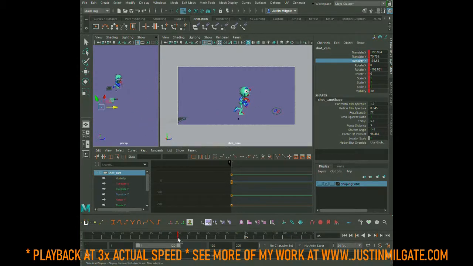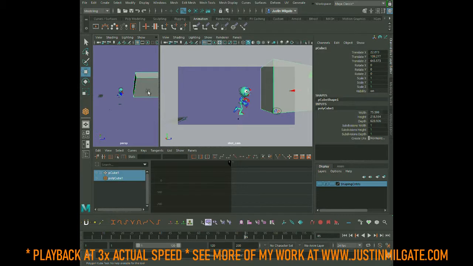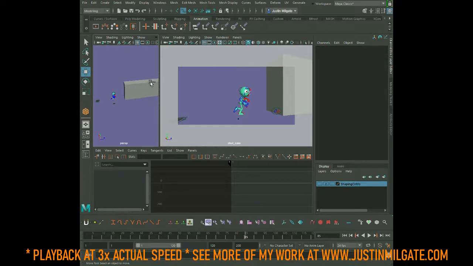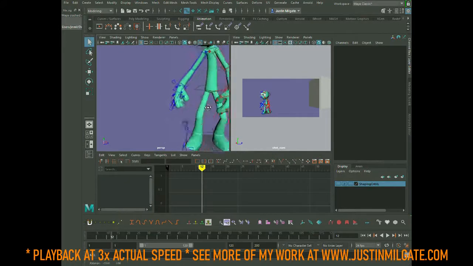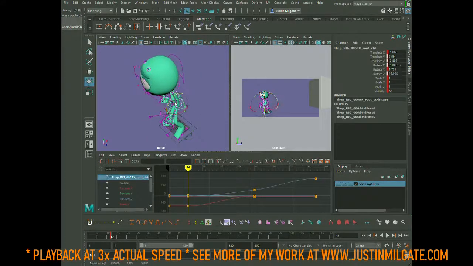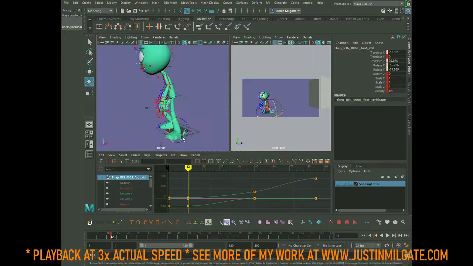Off screen I have the PDF file that I downloaded from the planning video from Sync Sketch, and that I usually just have open on the screen next to me, and I can look at my drawings and they have a timestamp on those, so I know which frame I should be posing my Maya character on to get a nice solid rough timing. So it also helps me kind of speed up